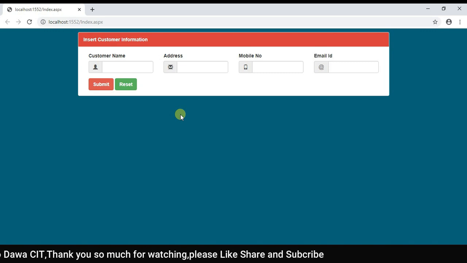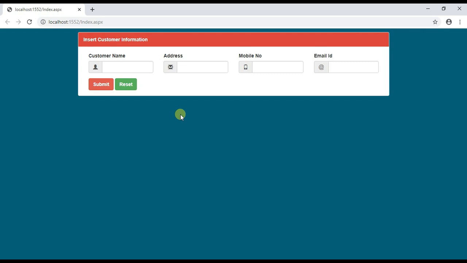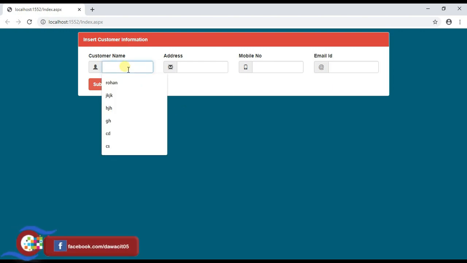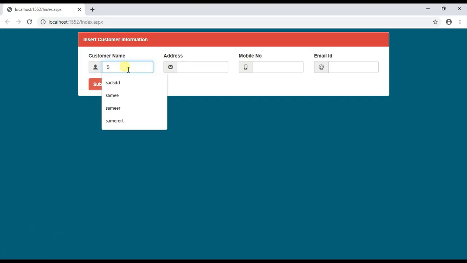Here there is no need to provide customer ID because customer ID is already set by identity, one by one. So that's why there is no need to enter customer ID here. Okay, it's stored by default, one by one. So enter customer name Samir Verma, like